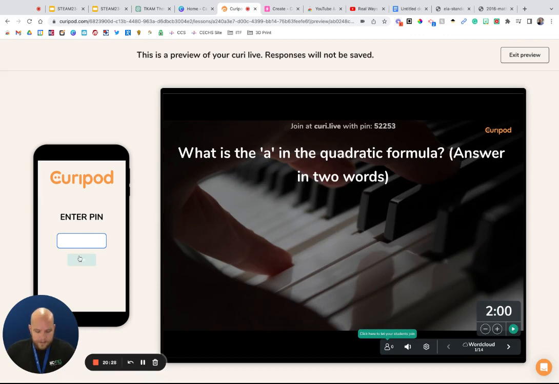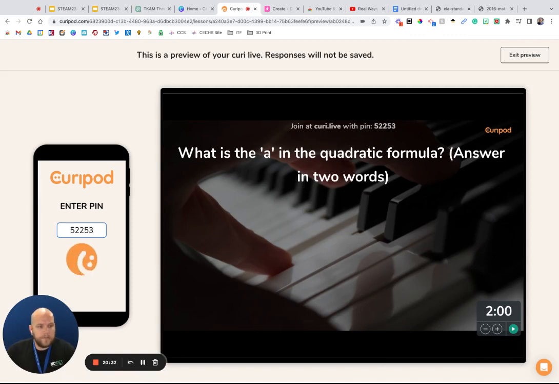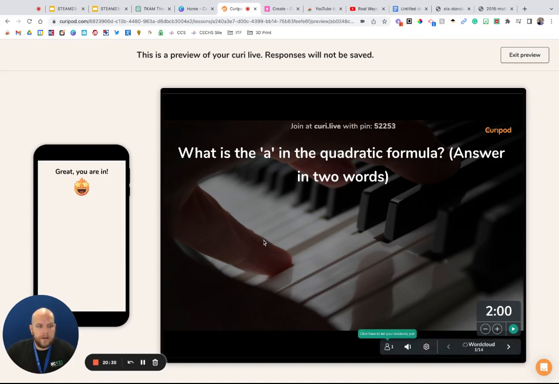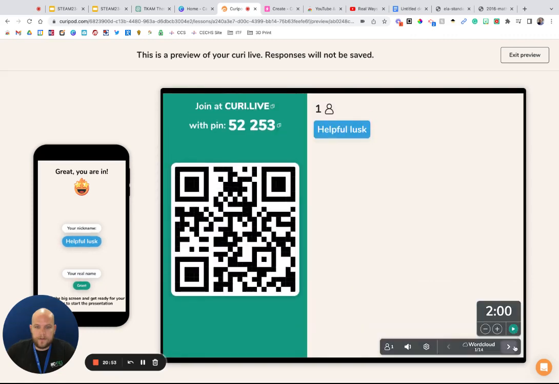If I were to go over here and type in my code, I've got this ready to go. And so this is what the student sees on the device, and it's using a cell phone for it. But I can go in, as you can see here, I have clocks that I can add, and those were things that I could adjust earlier. So if I want to do it,